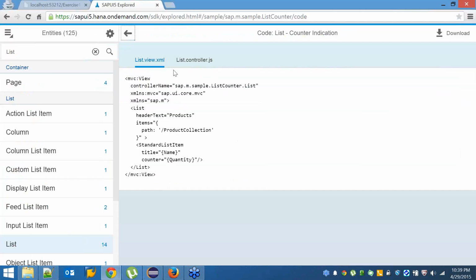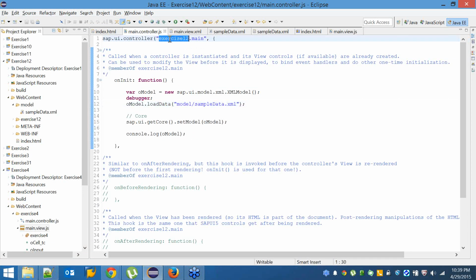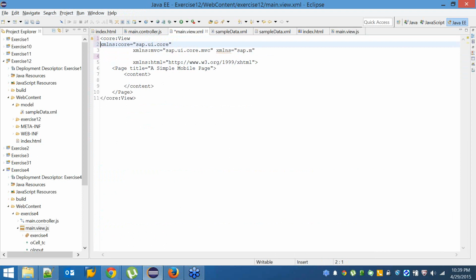So coming back to the point, the first thing that we did was the controller name. To this view tag, I have to pass the name of the controller. I can get the name of the controller here, which is exercise12.main. So I am passing the controller name as exercise12.main. So the controller name is the first property. Then the other thing is,